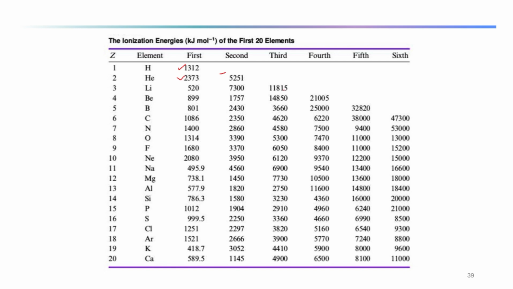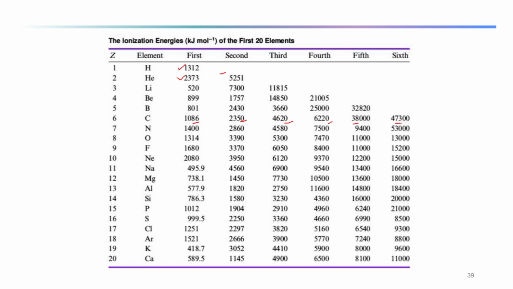Similarly, lithium has three ionization energies, IE1, IE2, IE3. Beryllium has four, boron has five, and the rest of the elements can have more ionization energies. We can take out more and more electrons, but yeah, at the cost of higher and higher energy. If you see in case of carbon, first ionization energy is 1086 kilojoule per mole, whereas the second one is 2350, third one is 4620, fourth one is 6220, and if you see the fifth and sixth, that is way high. You can see this one is 38,000 and this one is around 47,000 kilojoule per mole,